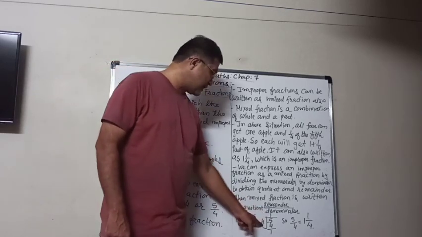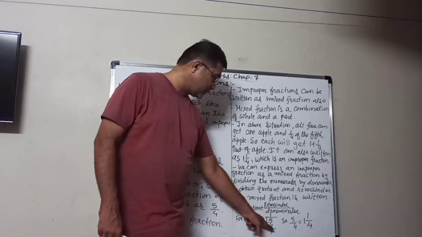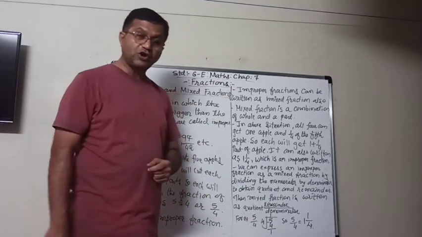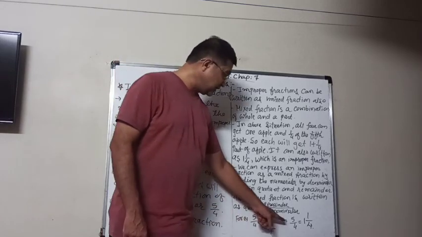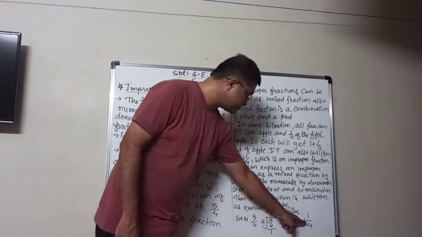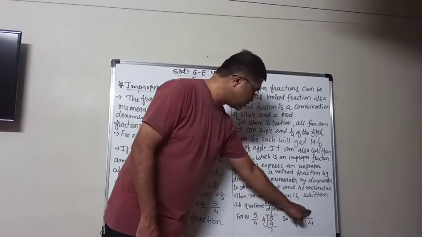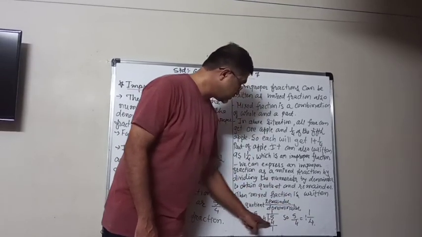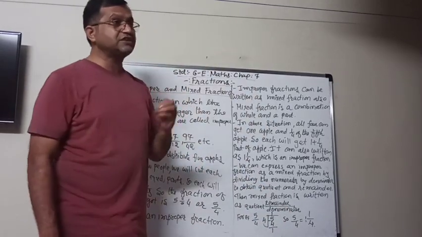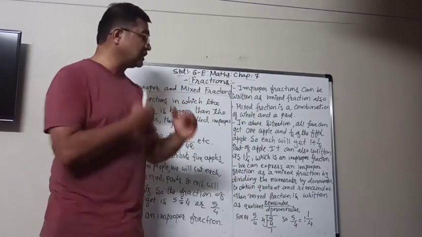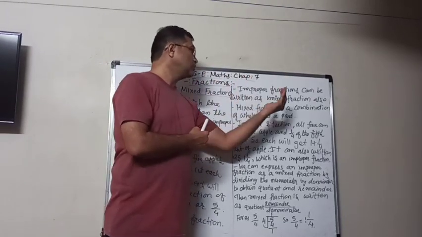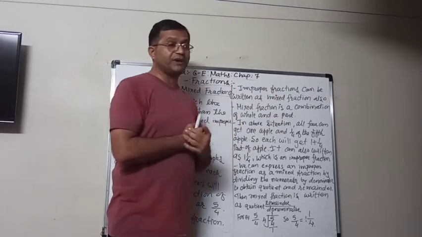So 5 divided by 4. 4 ones are 4. So here we get 1 as a remainder. So 1 is the quotient also. So that is written as 1 integer, means the quotient will be written here. The remainder 1 will go on the top, and the same denominator will go there. So this way we can convert the improper fraction into the mixed fraction.